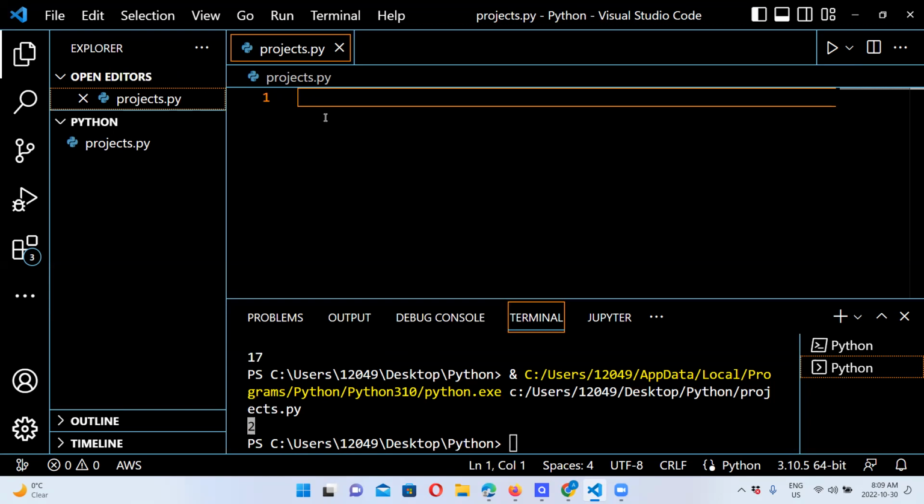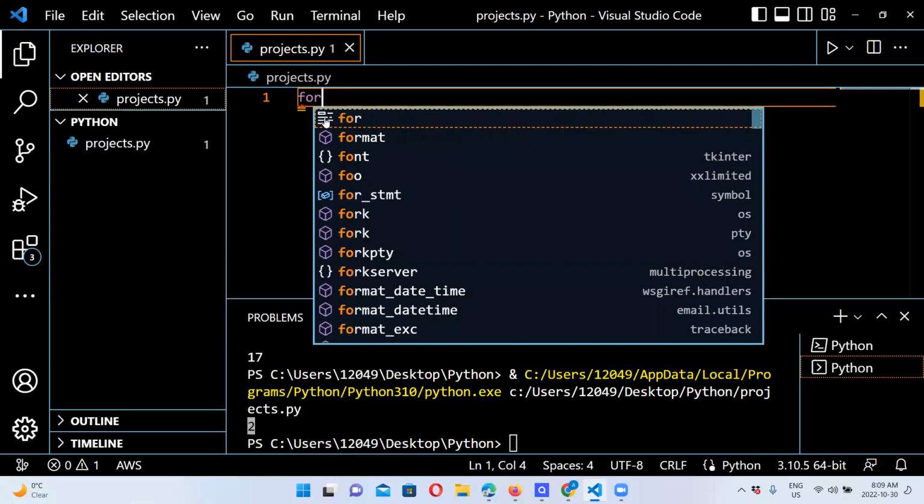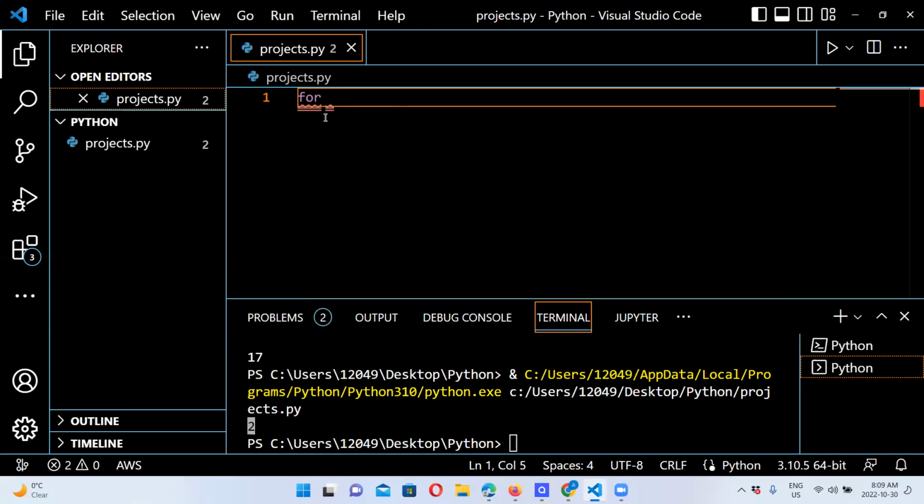We want to loop through the numbers and get what we want. So we can say for, that's a keyword in a for loop. This is something we'll go through when we look at the for loop as a topic. Let's say we want to look for odd numbers,